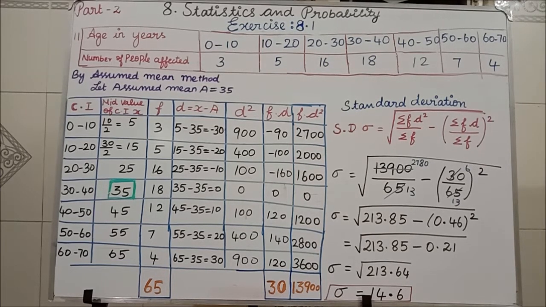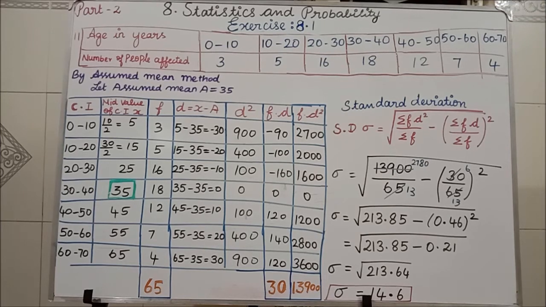See the 11th question. I have written the tabular column. The remaining questions you are going to copy from your book. In the question heading, what they have given means, in a study about viral fever, the number of people affected in a town were noted as follows. The viral fever is there. The number of people affected in a town, they have given in the tabular column.